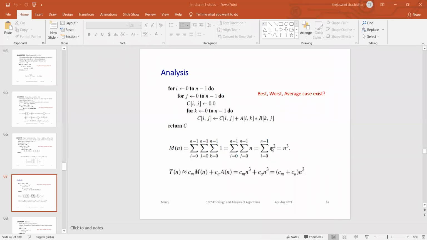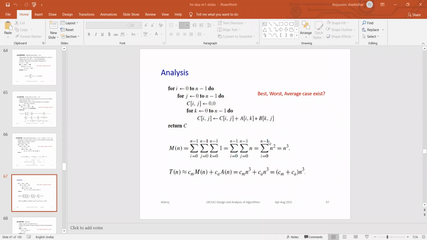So 2n, we take it as n square. Keep this in your mind: n minus 1 plus 1 is equal to 2n, and 2n is similar to n square. That's why we have given it as n power 2. You can go through this for the J loop: n minus 1 minus 0 plus n is n minus 1 plus n, equal to 2n, similar to n square.